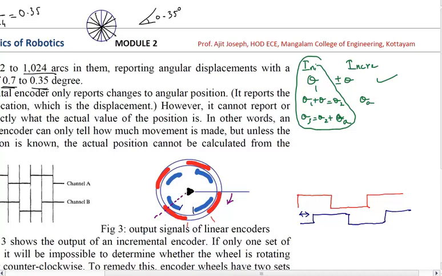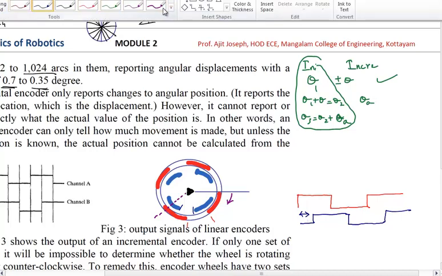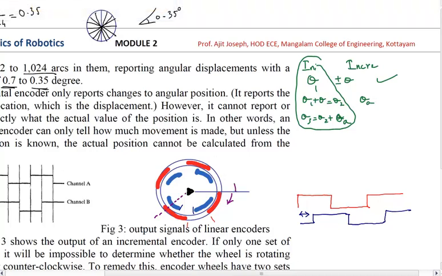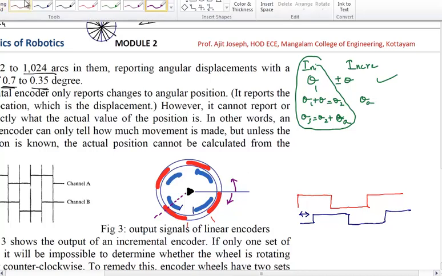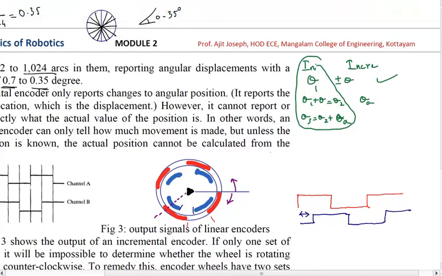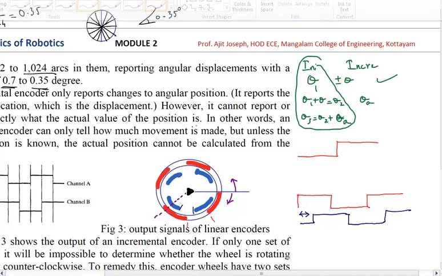Correct. Now if I am going in the opposite direction, what will happen? If I am going in this direction, now I have to draw the red pulse. So what is the red pulse going to look like? Let me draw from here. The red pulse is, first it is going to be totally opaque, and then it is going to have a high pulse, then 120 degrees. Let me draw it something like this.